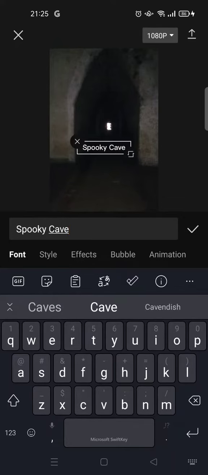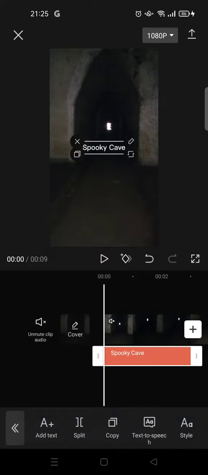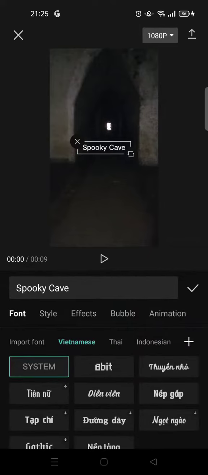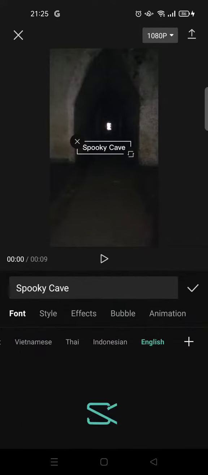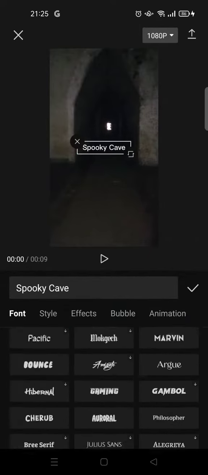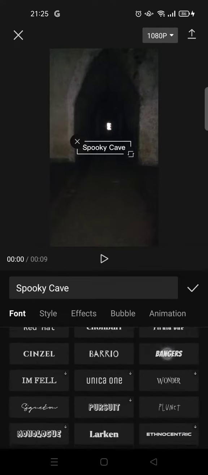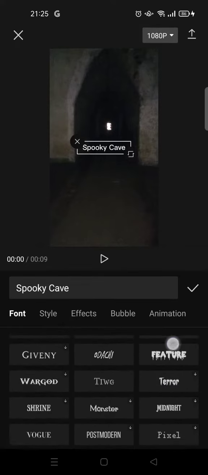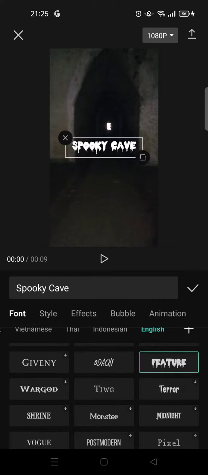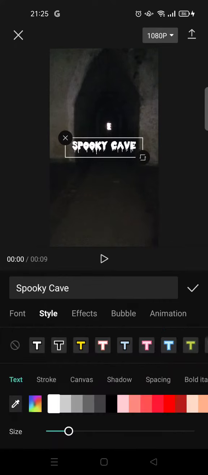like this, and then click on the check icon, and then here click on style and change the font. Go to English and change the font into Feature. Okay, find the Feature here, click on the Feature, and then go to style and change it into red to more dramatic